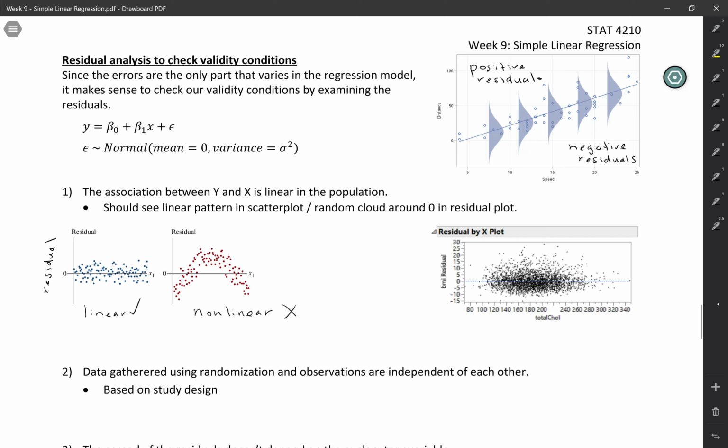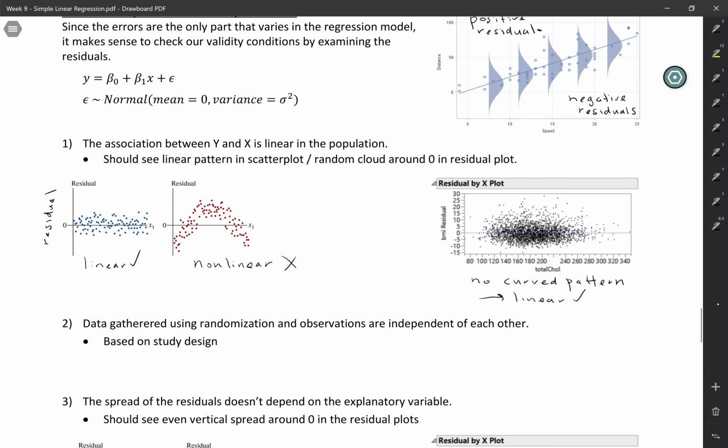I don't really see any curved pattern. So I think this one looks pretty good. I think it's reasonable to assume that we have a linear relationship here. The second condition is just based on the study design, that the data are gathered using some sort of randomization